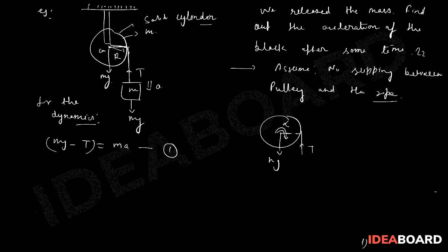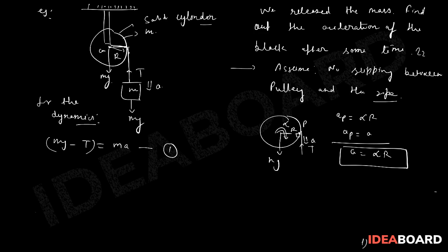So let us assume that the pulley is also rotating with angular acceleration alpha. So you know that the acceleration of this point P, AP, will be simply alpha into r. If the radius is r, then a will be equal to alpha r. And we know that this rope is having acceleration a, so AP will be equal to a. So both are not having any kind of slipping, so a will be equal to alpha r.